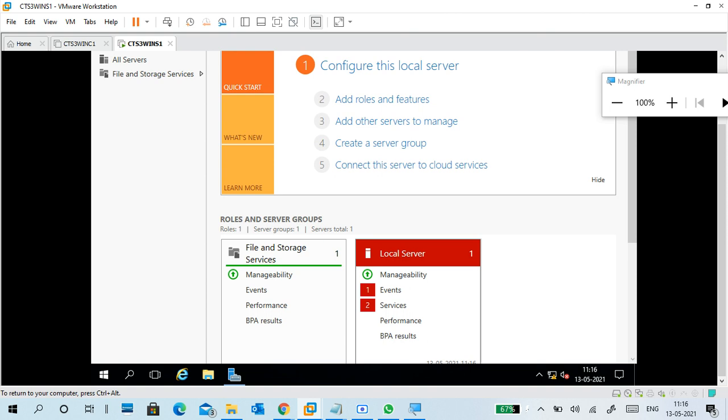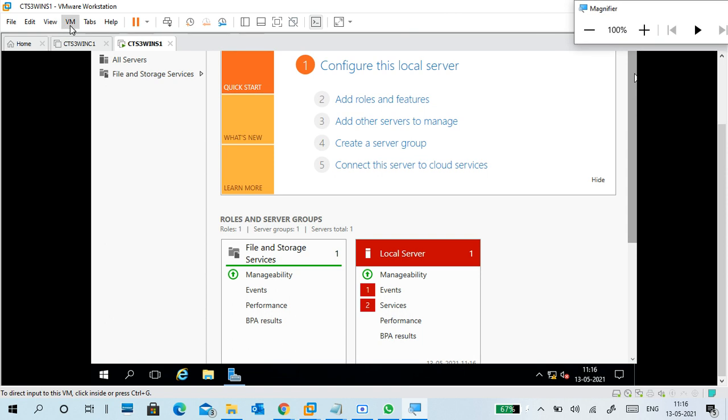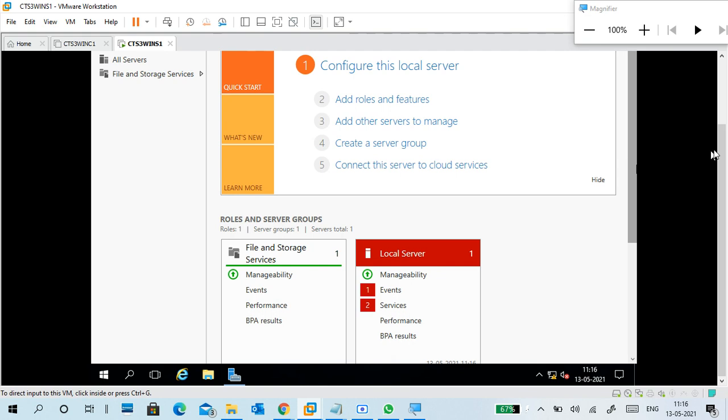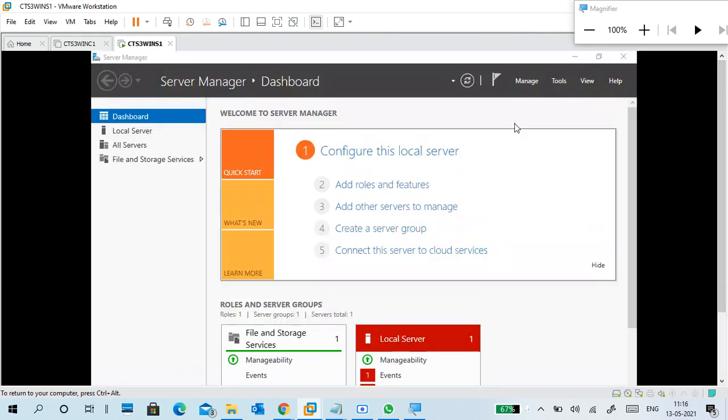Of course, this is a VMware Workstation, so we don't have any specific drivers. We install VMware Tools only. Normally, we install drivers, then connect to the internet, update the system, and update Windows Defender or install antivirus.